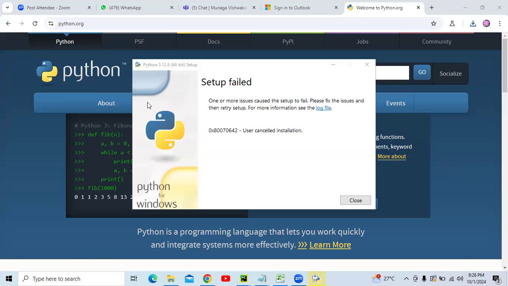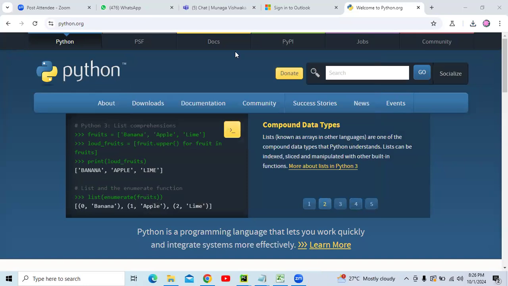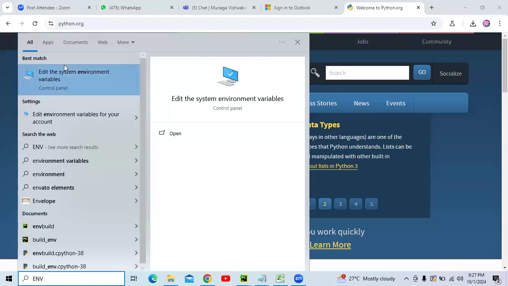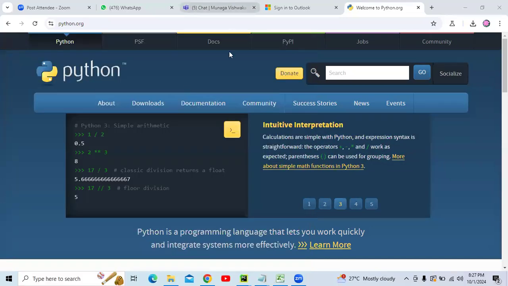Anyone can work with any version of Python which is more than 3.9. If you want to install the latest version, you can install it. Any doubts still here, anyone? You will get just setup successful here once you're done. Then you can restart your system. Before restarting your system, you can go to the environment variables. Once you have successfully installed, go to open. You have to add your